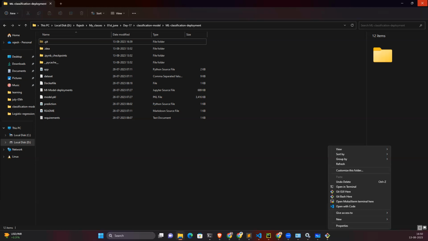Remember this username and password. Click on Authorize Git Ecosystem, the green button. Yes, authentication succeeded. Go to your Git Bash once again.